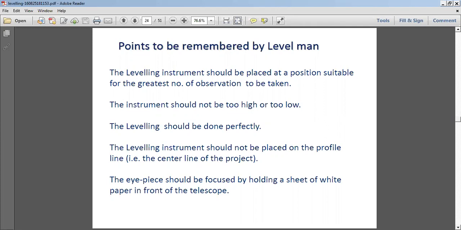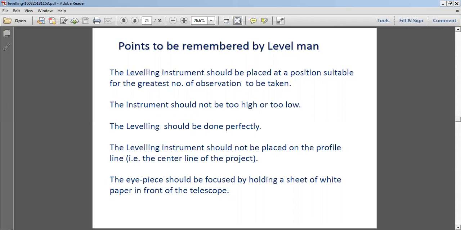The thing is, as the number of shifting points is more, the chances of error will be there, if we miss something or do not take the reading exactly. You have to take extra readings if you are changing the station. But if we don't have any alternative, if the area is like that, then we can change the station. If we can take the maximum readings without changing, then we should go for it.